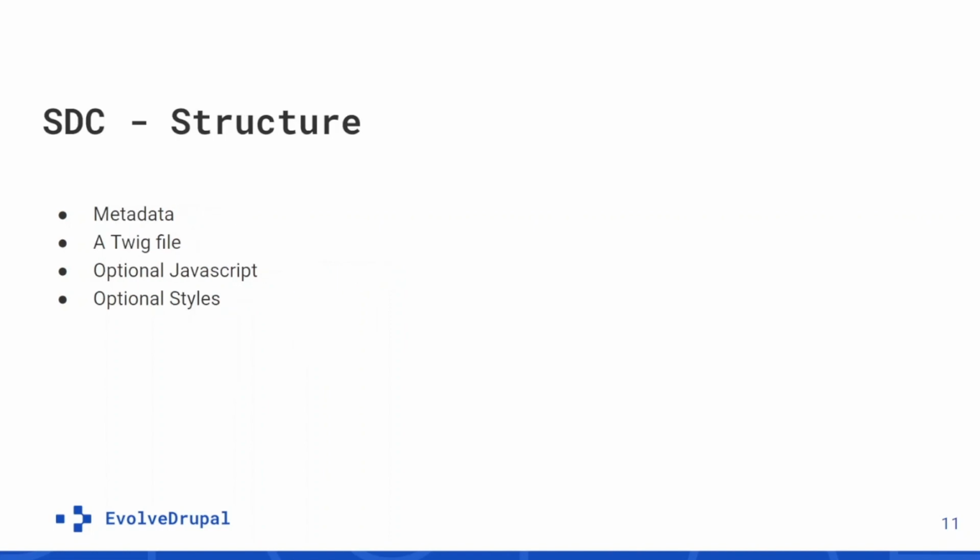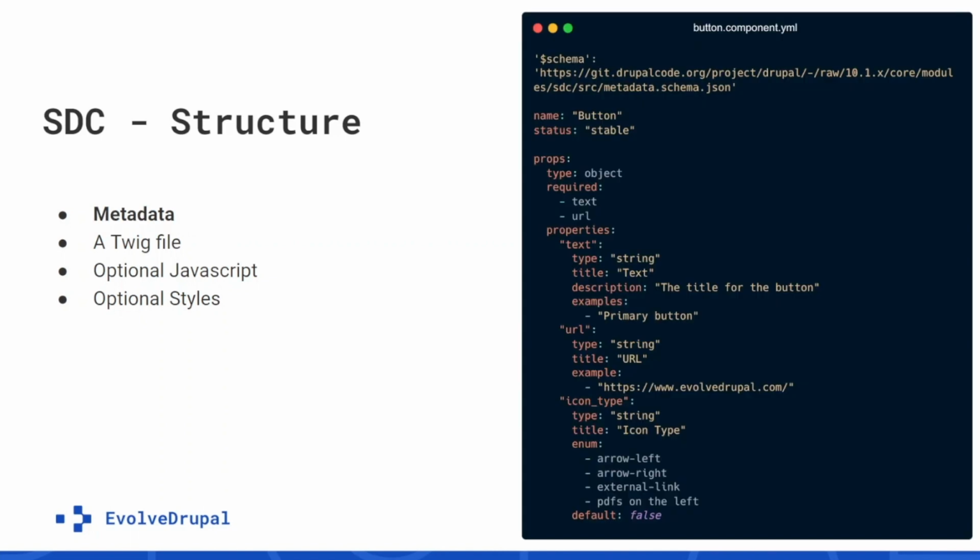So SDC, single directory component, the basic structure is very simple. It will need a metadata file, a twig file that defines the markup, and optionally JavaScript and styling. So this is an example of the button component that we have. First, it's just about the metadata. So basically you can see over here,